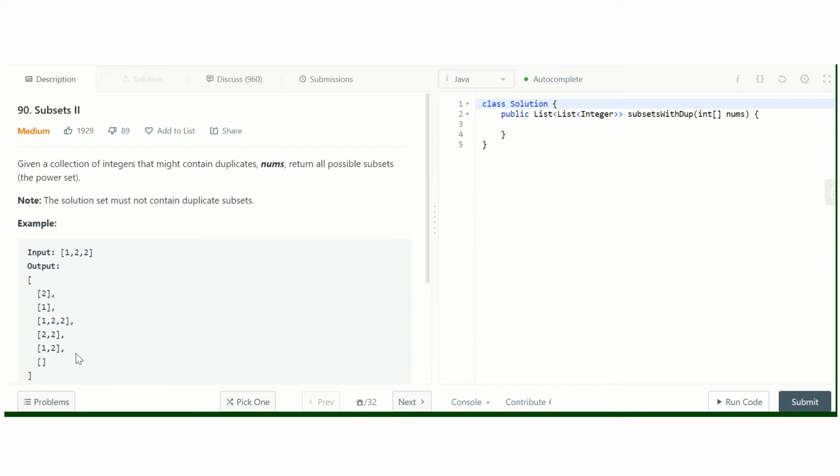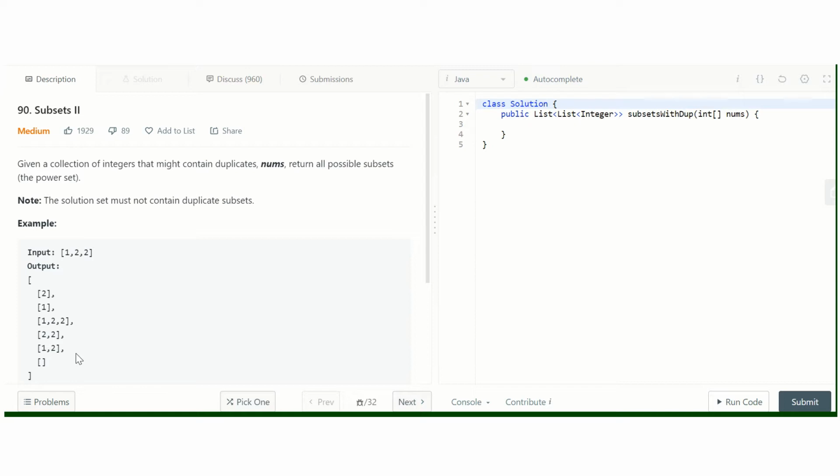We are going to keep our methodology the same as previous: either we can include a particular element into a subset, or we can exclude it. For each element there are two possibilities. But here the elements are duplicate as well. So we can keep a hash set for having distinct subsets.